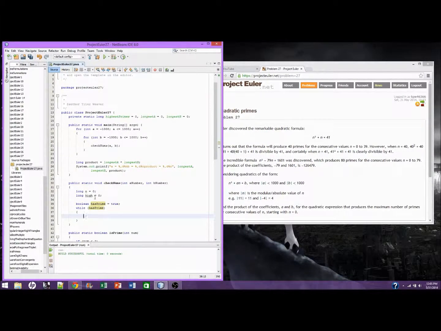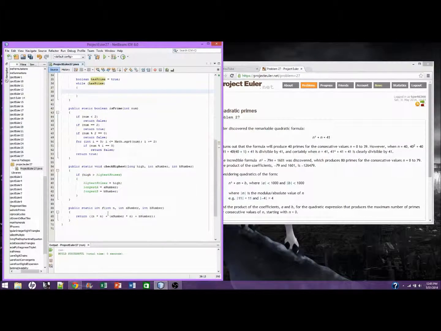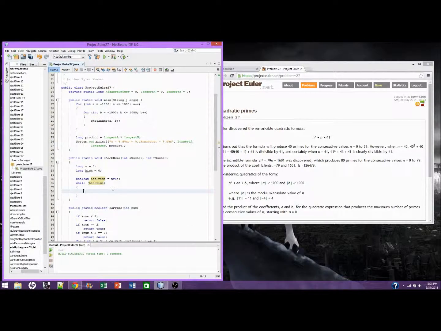So we're going to have to increment high in here, we're going to increment n, and we're going to have to check our function to see if it's prime. It will make sense once I write it down. So setting hasPrime to false, because if the function returns that it isn't prime, then it's going to exit this loop. So if isPrime f n, number, hasPrime,